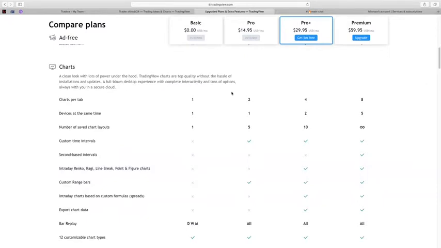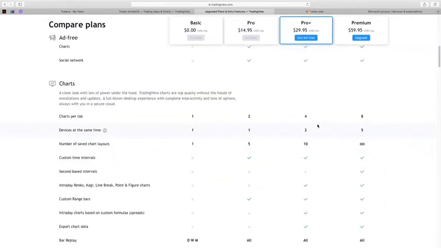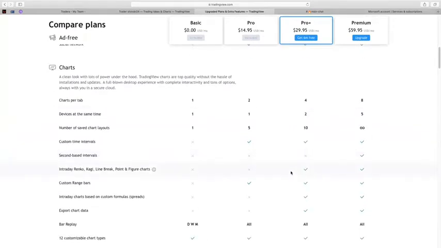So when I'm away from my computer, I can know whether or not I'm in profit or out of profit. I'll set it to where it's maybe a little bit in or a little bit out of profit, so I know I'm going in the right direction, rather than setting an alert for whether my trade hit my stop or my take profit. So Pro Plus plan is just fine for me, utilizing these features, especially the replay feature for backtesting and the multiple alarms on one chart. Very beneficial,